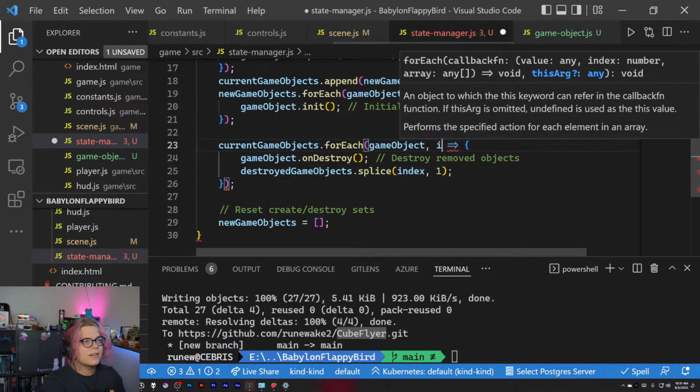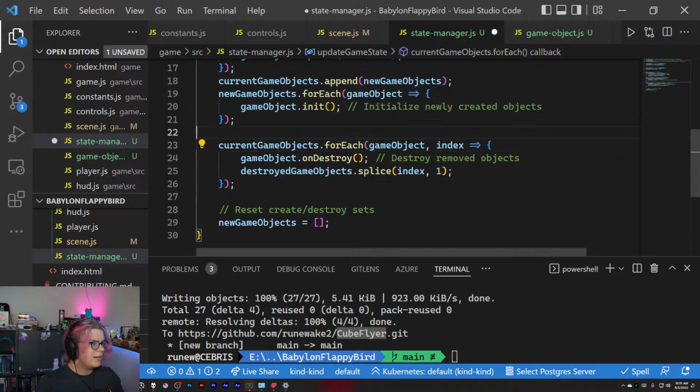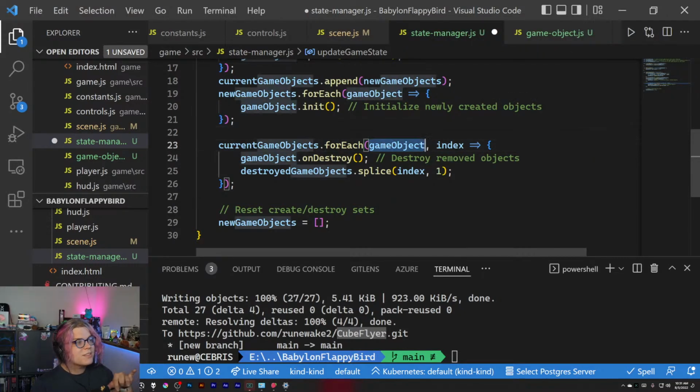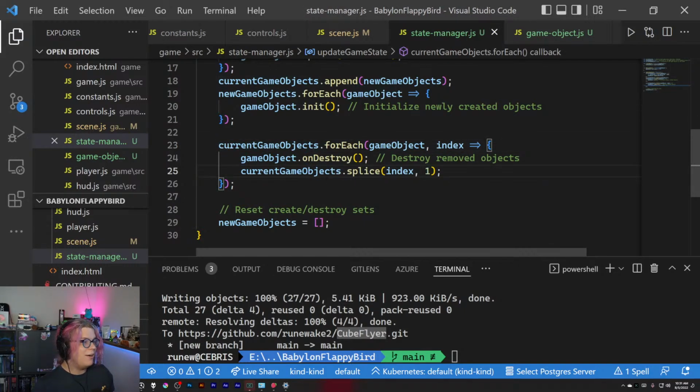And I think I can do something like this. Does this work? For each value index. Yeah, perfect. All right. So this is going to give us the object that we're destroying and the index of that object in our array. So we can grab our current game objects and splice out that. Does this work? No, because I don't have,